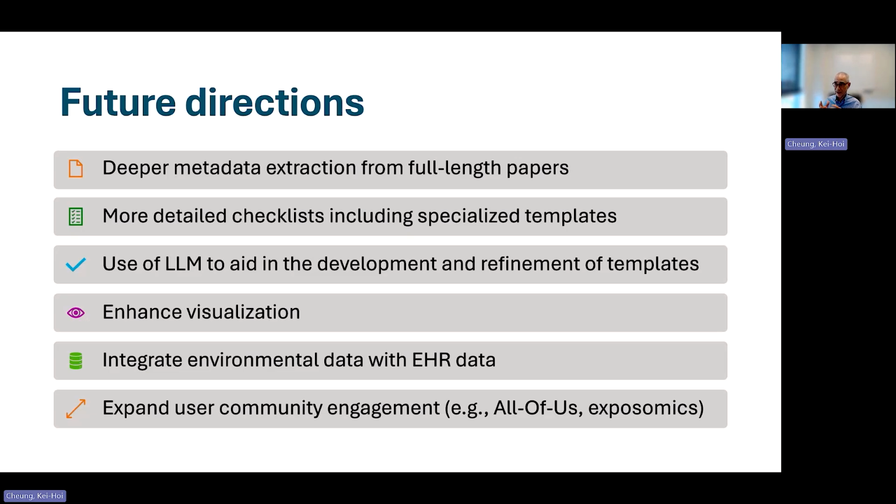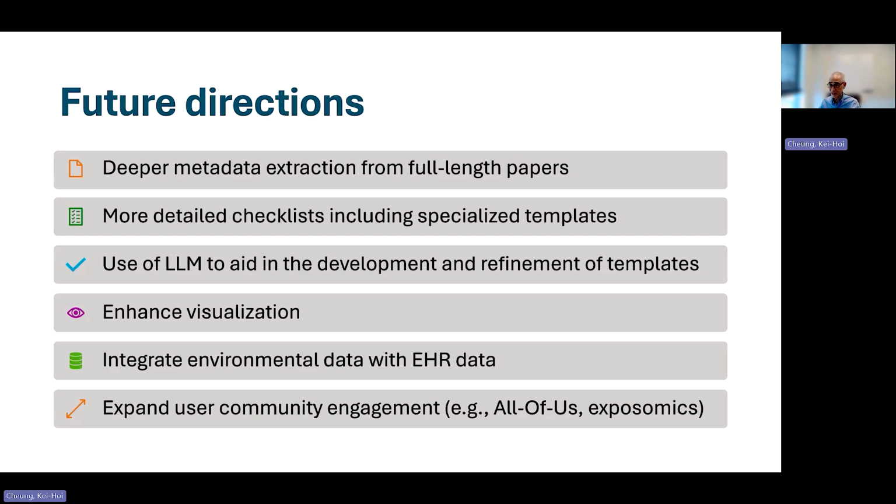In parallel, we have recently developed a more detailed checklist for environmental exposure assessment, and we started a pilot study to automatically populate this checklist from full-length papers. We also would like to use LLM not just to populate the existing template, but also to aid the development and refinement of existing or even new templates.